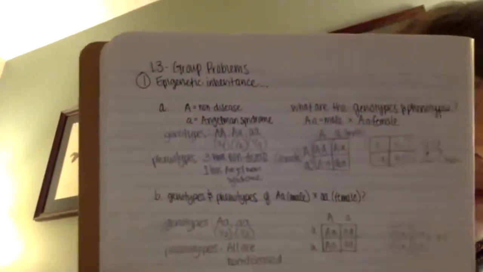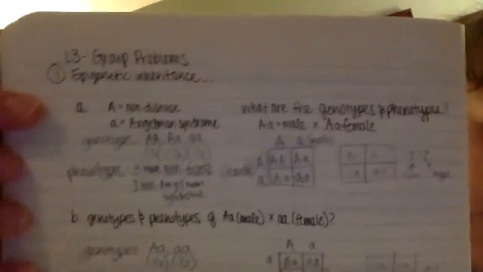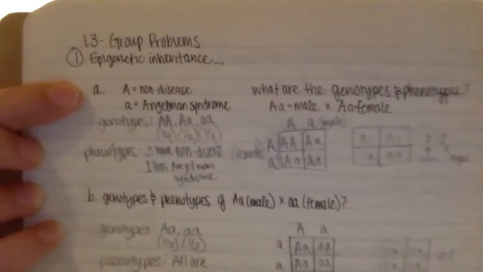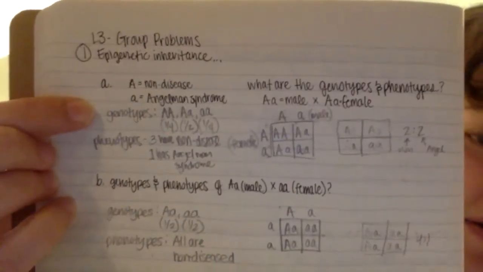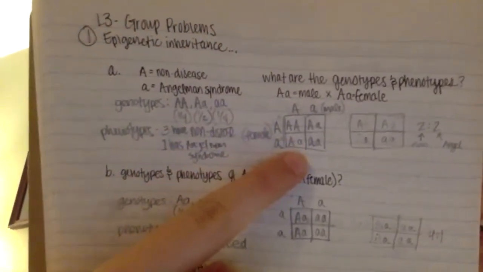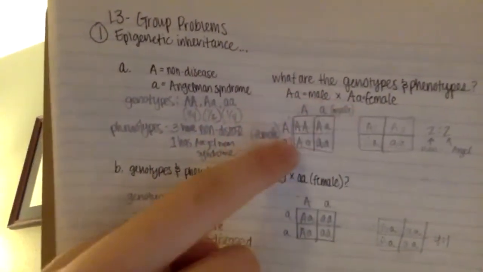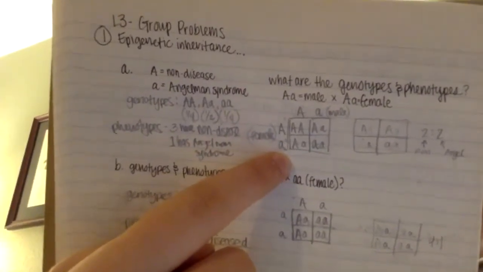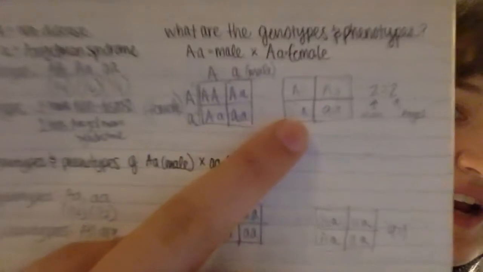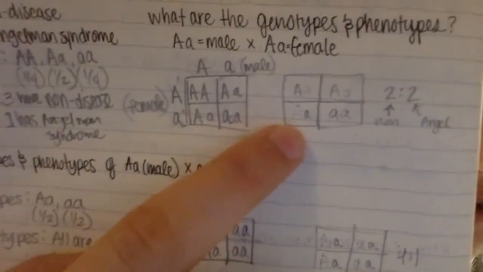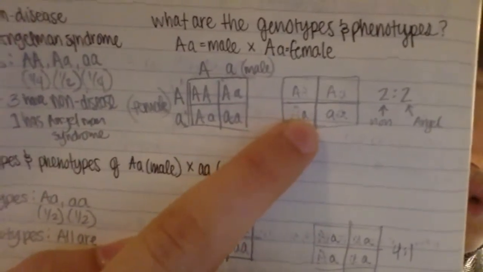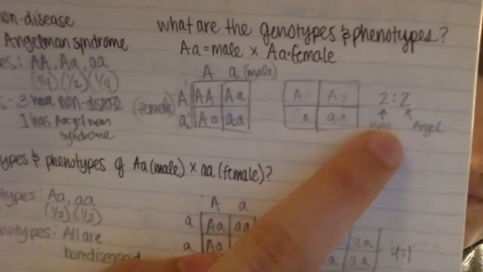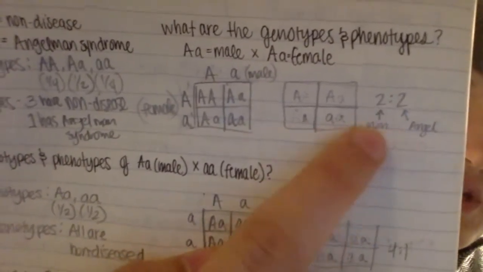To begin, I have my papers once again. Question 1, the Angelman syndrome question. Hopefully you can see it. All I did is take the crosses here. I crossed the parents together, and for the ones that would not be displayed, I did a little dot pattern if they didn't express, versus the ones that are solid and do express. There'd be a 1-to-1 ratio in the sense that there would be half